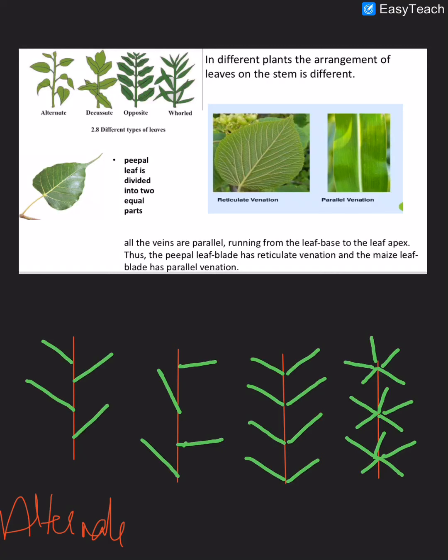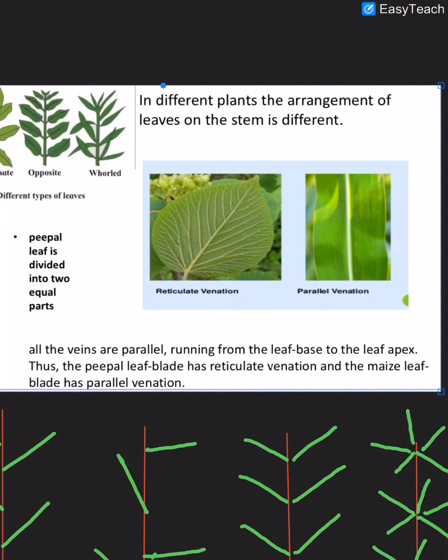So now you have seen the different arrangements of leaves on a stem, and now we discuss venation on a leaf. What is venation? As in the human body there are veins, there are lines running through the lamina of a leaf. You can see in the image there are so many lines passing. There will be a main midrib and so many branches. They are called veins of a leaf. This arrangement of veins on the lamina of a leaf is called venation. There are two types of venation you have to study: reticulate venation and parallel venation.